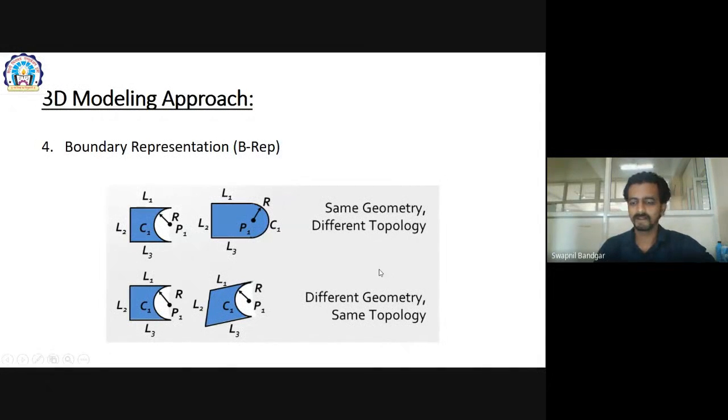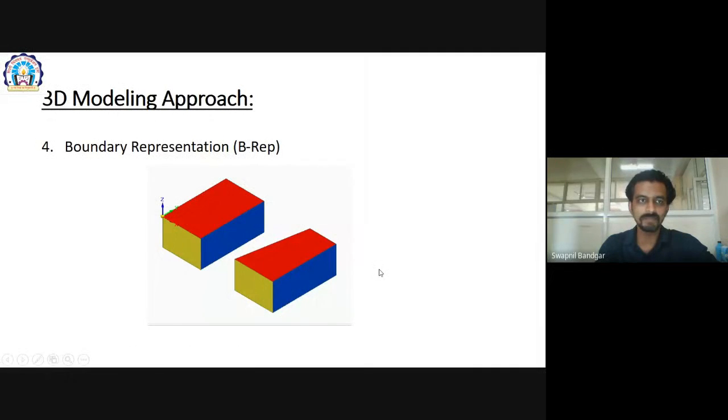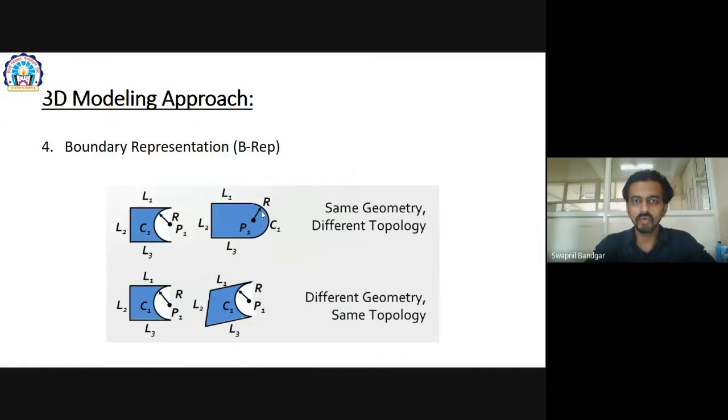Then we can elaborate it with a different example. I will explain one more time what is the difference between the geometry and the topology. The geometry is nothing but the equation of the edges. The topology database stores only which edge is connected to where, or if there is a line, which line is connected to which line.